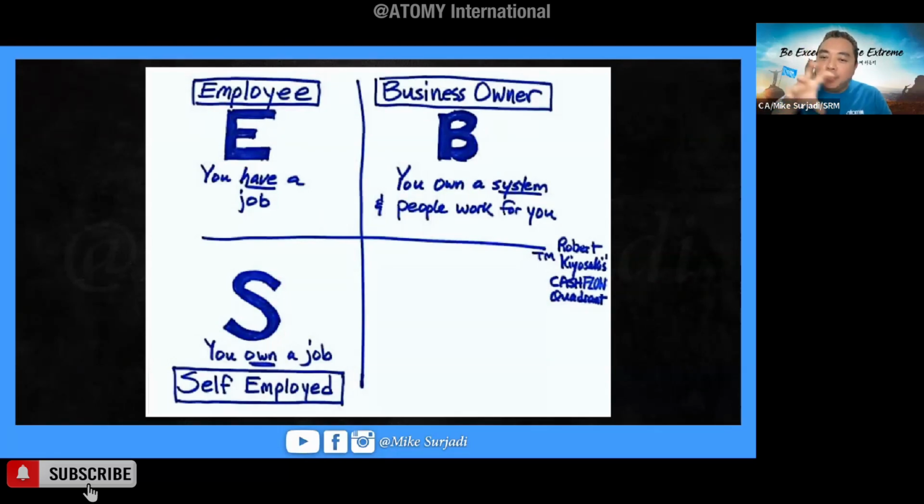And a lot of us want to become the business owner, but the problem is we don't have capital. To own a system is really, really expensive. Usually it's a couple hundred million. And most of us don't have that money. So it is impossible to become a business owner unless you have capital. The requirement for you to become a B is you must have capital. And it's not the same as self-employed. A lot of self-employed people think, oh, I'm a business owner. How many employees do you employ? If you only employ fewer than 500, you're not a business owner. You are self-employed.